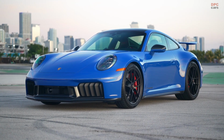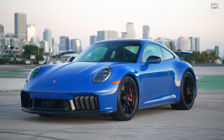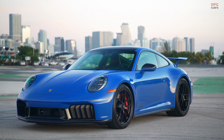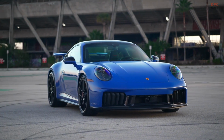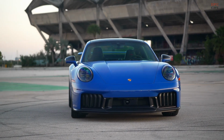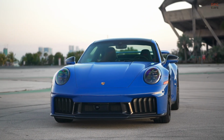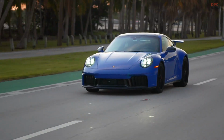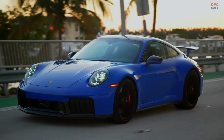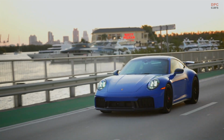The 2025 Porsche 911 Carrera GTS in Shark Blue is not just a car, it is an experience. With the perfect balance of power, style, and heritage, this version of the iconic 911 brings cutting-edge performance technology and bold design to the forefront. What really sets this GTS apart is Porsche's introduction of a hybrid system that feels nothing like the usual plug-in hybrid stereotype. Instead, this car is still very much a 911, just with an even quicker response and more torque